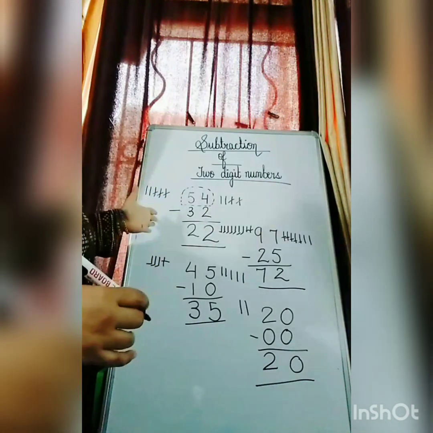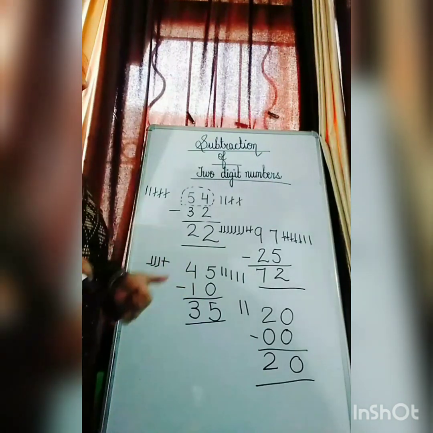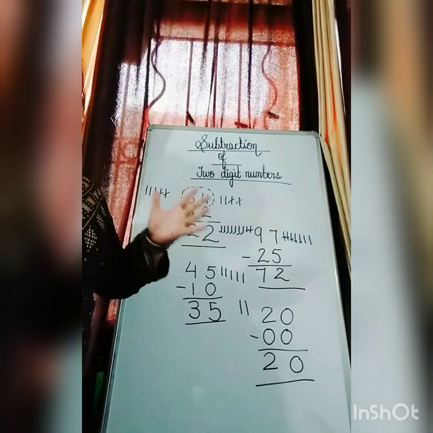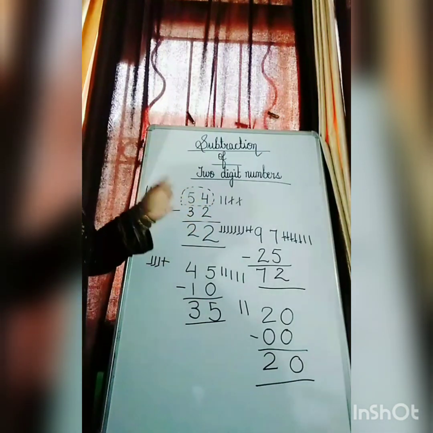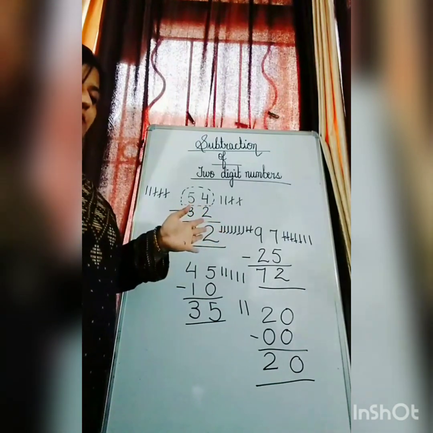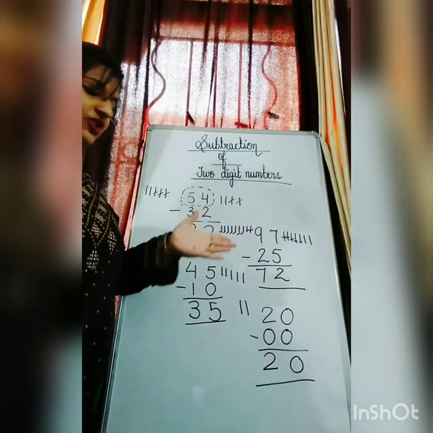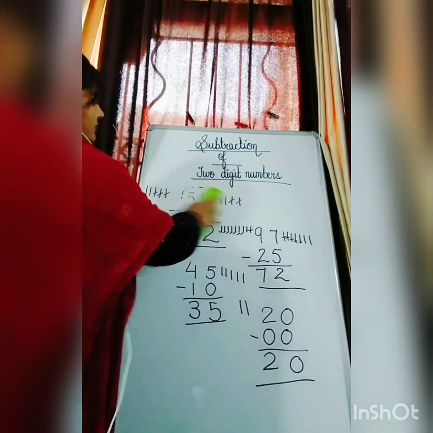So this way, you are going to do the 2-digit additions. But one more thing is that 2-digit addition you can also do with the help of your fingers. As I've told you in the addition time, 2-digit subtraction, sorry, not addition, subtraction, also you can do by using your fingers. So how are you going to do it? I'm going to show you.